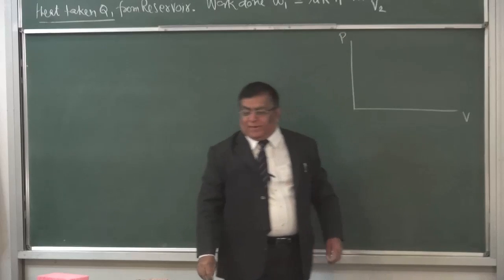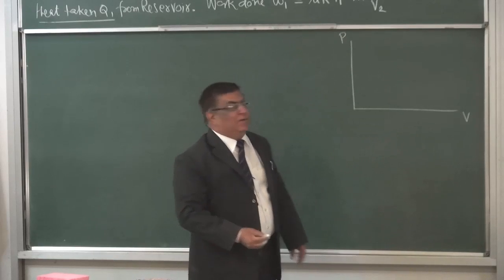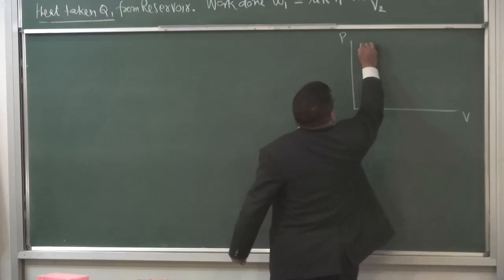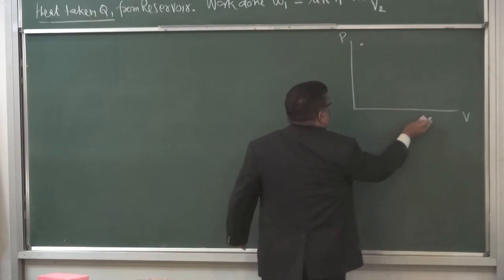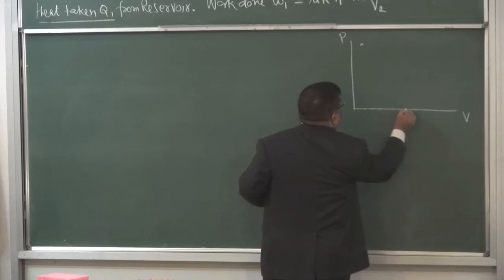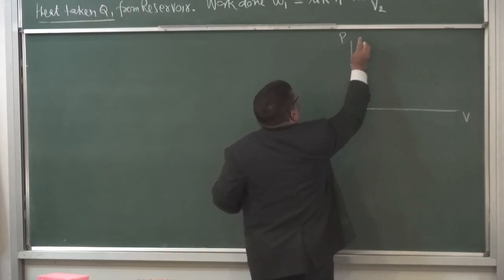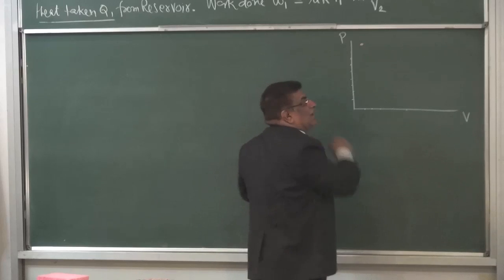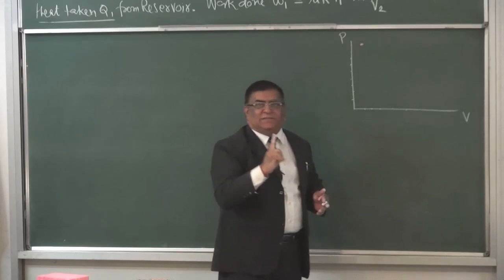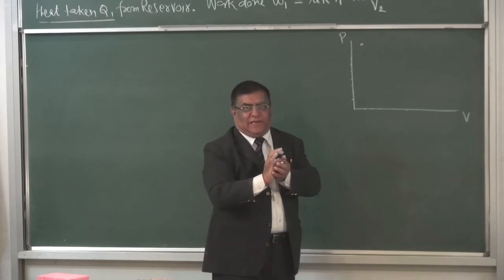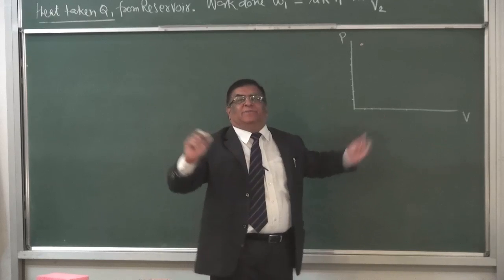The initial parameters are pressure P1, volume V1. The volume is increasing here, the pressure is increasing here to the top. Pressure 1 is a high pressure, and the gas is already in compressed state, which will expand after taking the